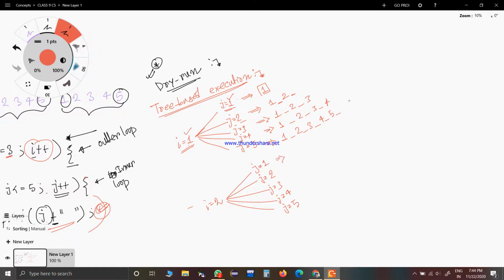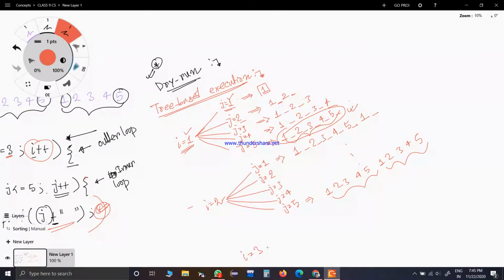After printing up to this, for I equal to 2, j equal to 1, again 1 will be printed. Whatever part is printed up to there will be on the screen. After that, again you will have 1 space, and this will go on. So for I equal to 1, we have completed 1 repetition of the pattern. At the end of j equal to 5 for I equal to 2, we will have 1, 2, 3, 4, 5, 1, 2, 3, 4, 5. So we will have 2 repetitions of the pattern.